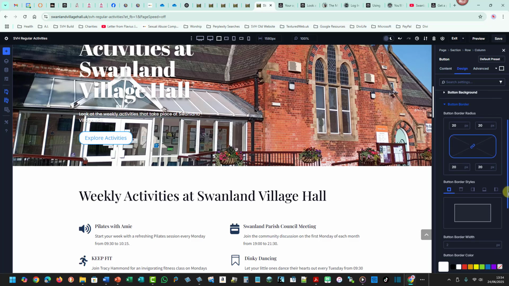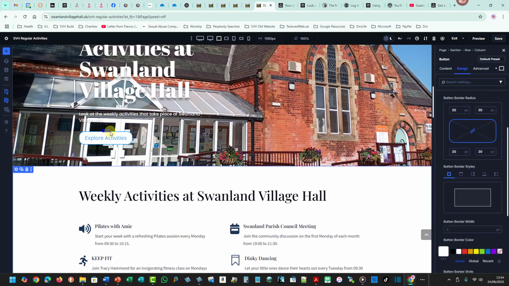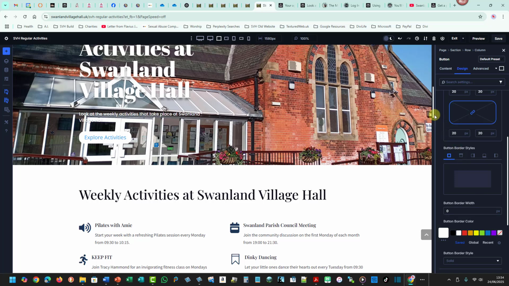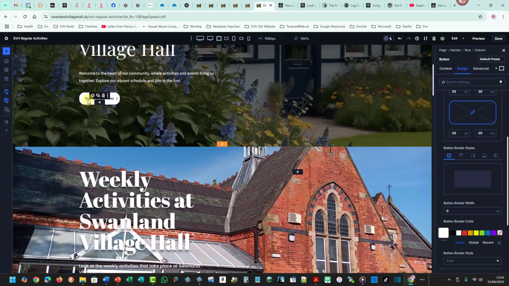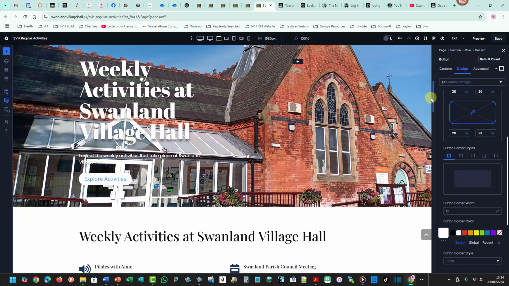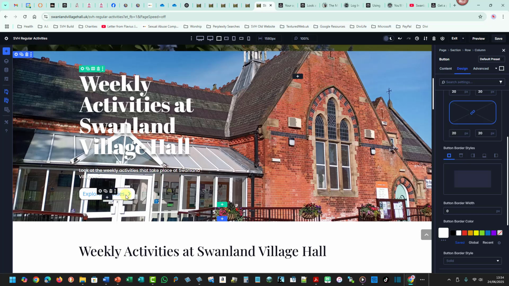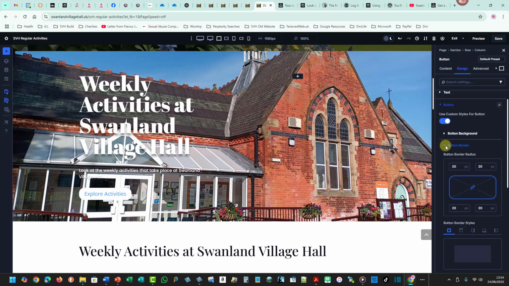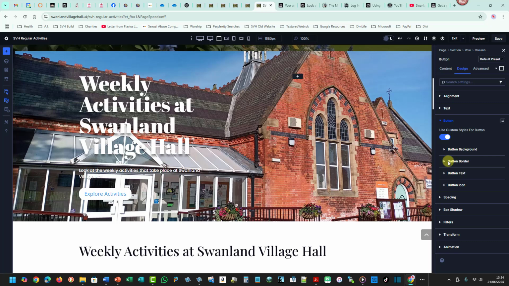Now you can see that this does have a blue line around it, and that's because we have a border width here. I'm going to put that down to 0, and that naturally disappears, because this one here is also set at 0. We don't actually need it. And we want to change the text now on that button. So if I go back up and click on the button border, that gets rid of the button border menu out of the way,